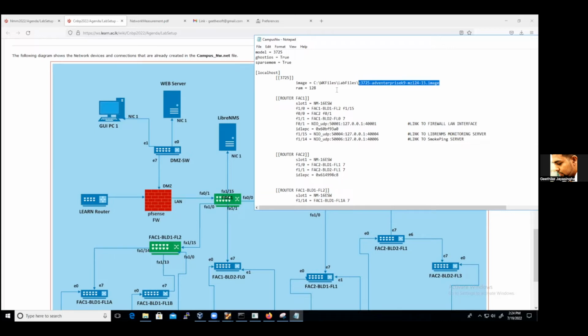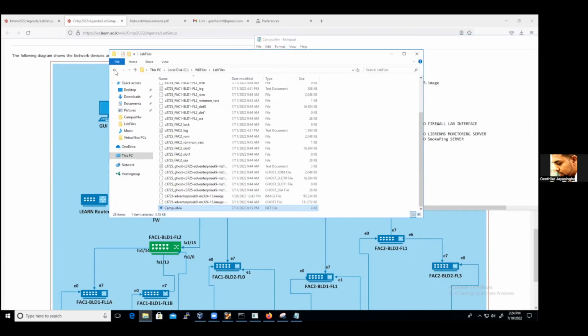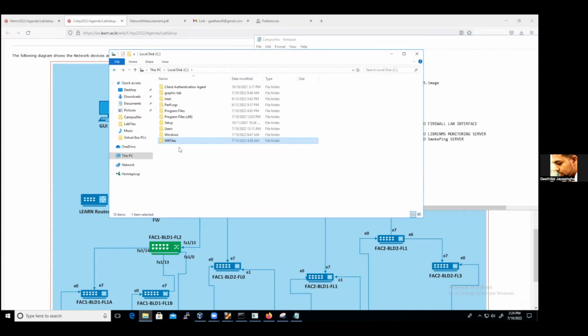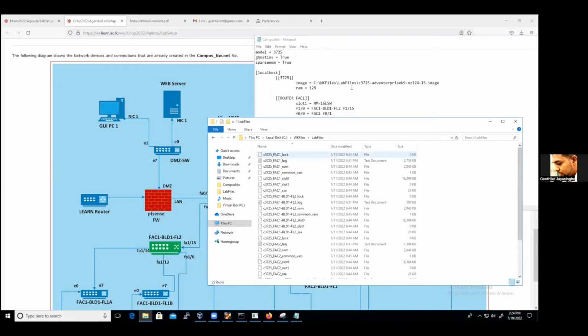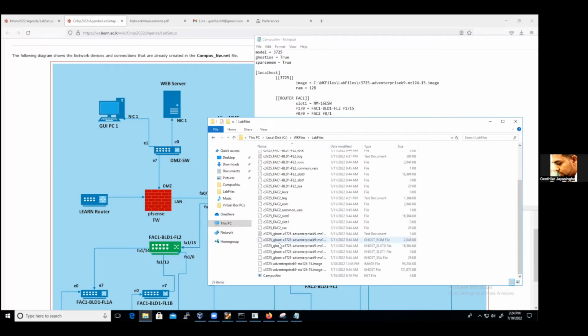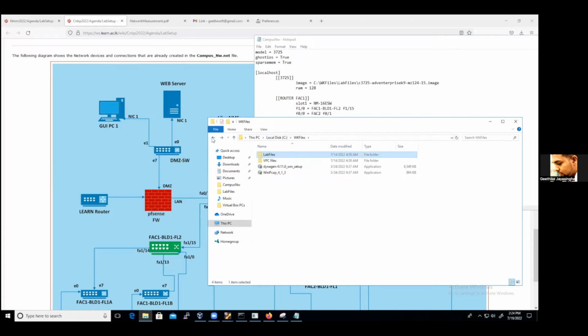Okay, you are free to use whatever drive you like, but this is where the problem occurs, because we have already set the path to the C drive. So when you copy this file to the C drive, you can see the path is quite right. Now the CWK files, then the lab files, then you can see the image. We have given the image in that location. That is why we are asking you to extract it to the C drive, because the path is set here